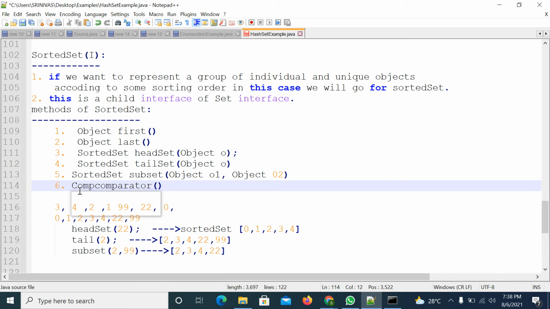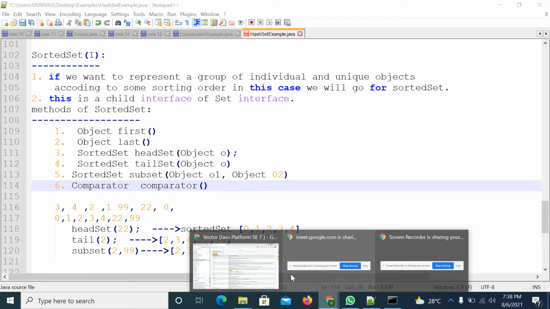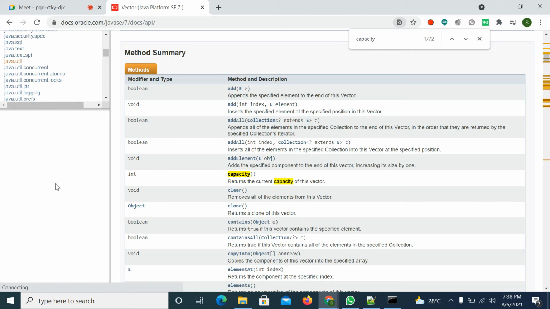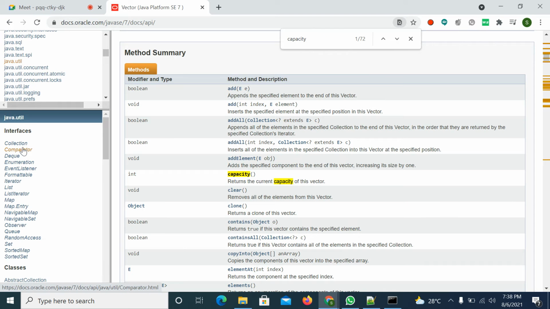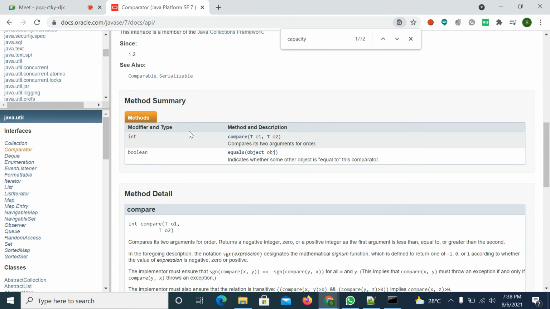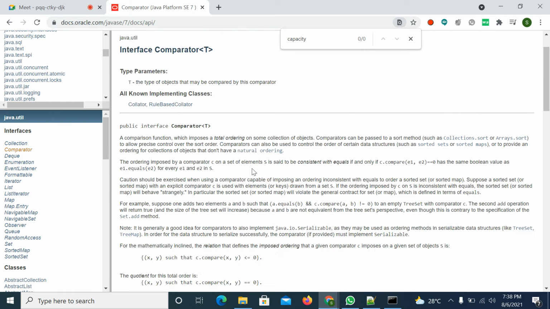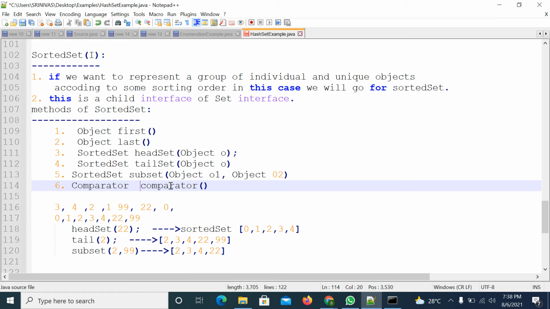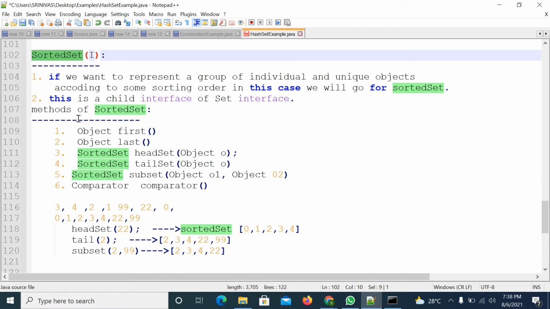Comparator is an interface here, in the java.util package, interface section. Comparator has a method summary: the compare method and the equals method are there. So Comparator is an interface. This comparator method is available in the SortedSet interface.